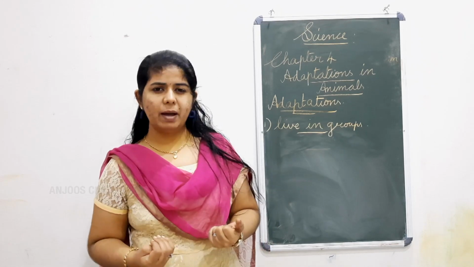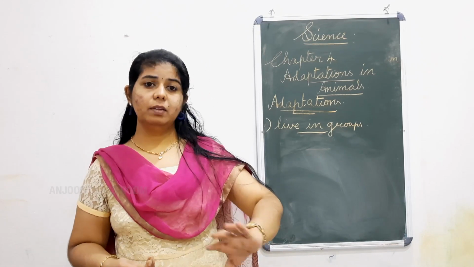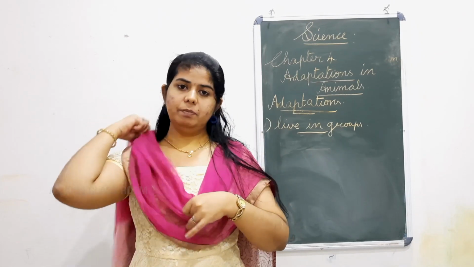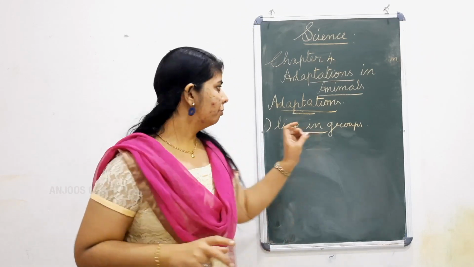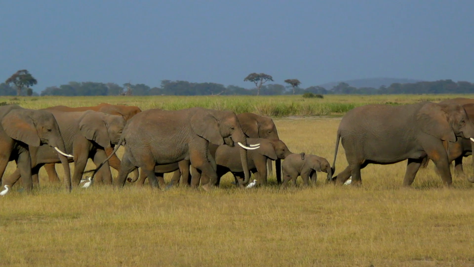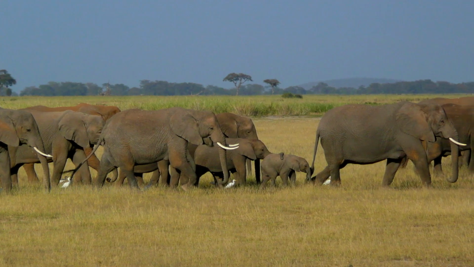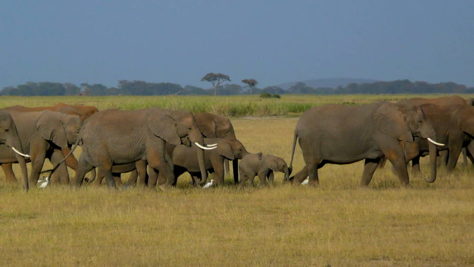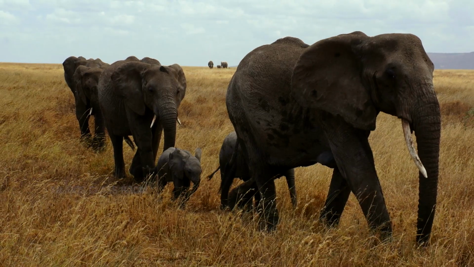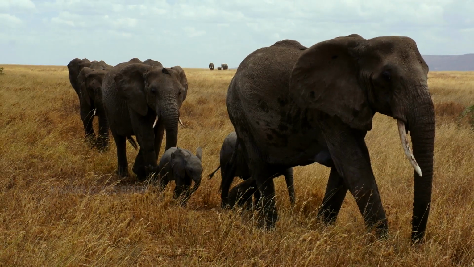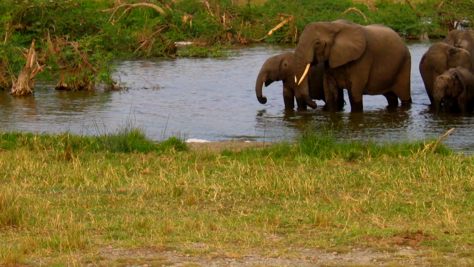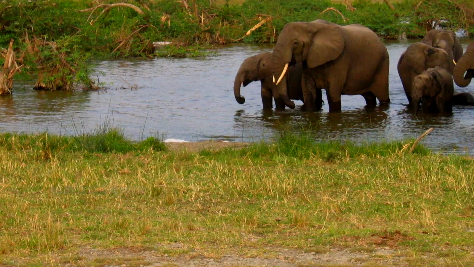Can you give examples of some animals that will move only in groups? They won't go single. That is the first adaptation. We can say elephants. They will be moving only in groups, even to find shelter, to find food, to drink water. All those they will do in groups so that they can protect themselves from enemies. If anything comes to hunt them, they can protect themselves because they are a huge group.